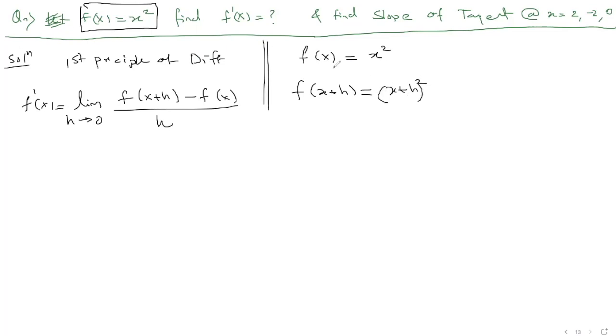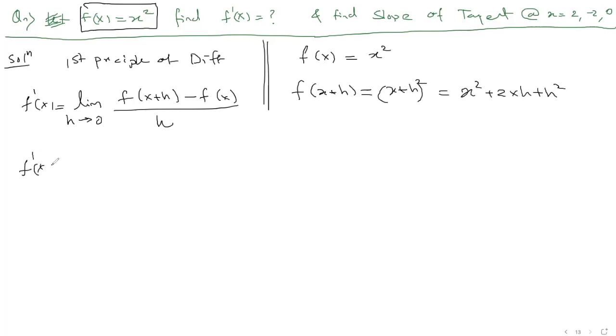Look, if f of x is x square, what will be f of t? t square. What will be f of p? p square. What will be f of x plus h? x plus h square. That's how it is done. Okay. And we can simplify this more. x plus h square is nothing but x square plus 2xh plus h square, expanding the bracket there.